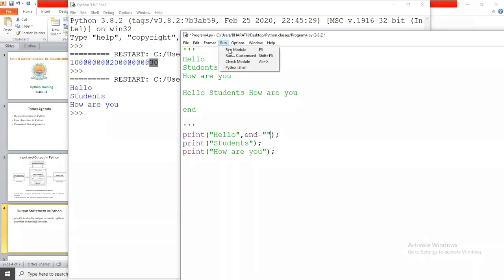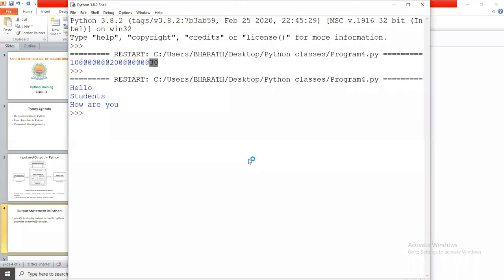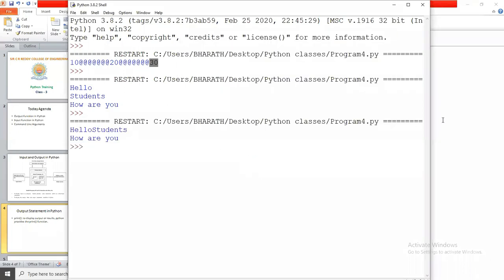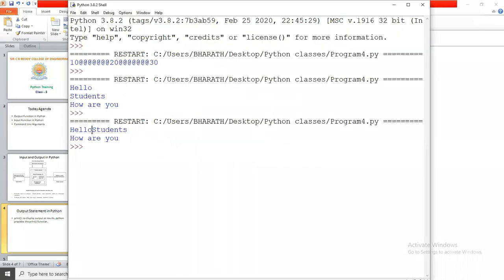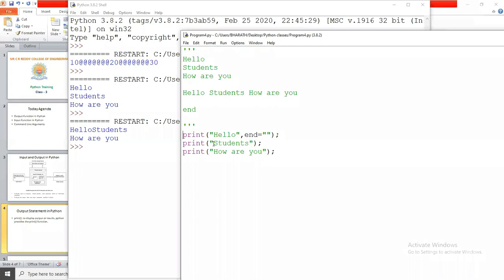Now we execute this program. Hello prints and ends at this location only, and after that it prints students and moves to the next line. If here also I use comma end equals to, then it prints in the same line.